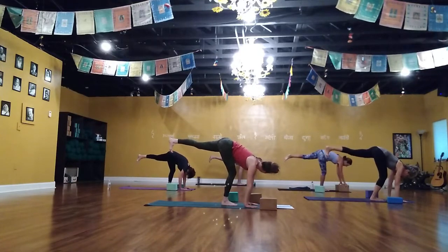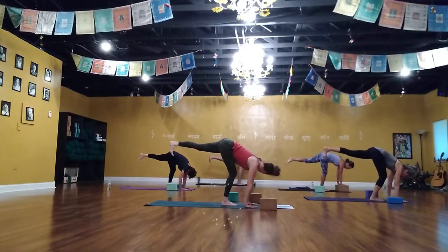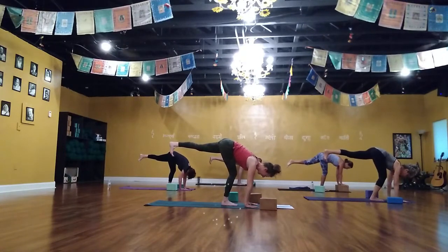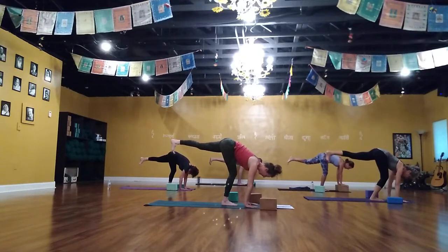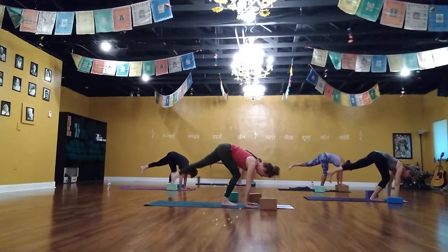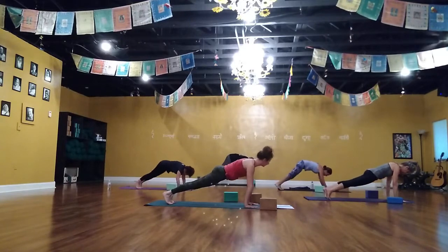Have some buoyancy in that right knee. Turn that left hip down. Soften the chest and pull through. Beautiful. Coming into plank. Lower the left foot and then the right foot back. Find your plank. Dial your hands,